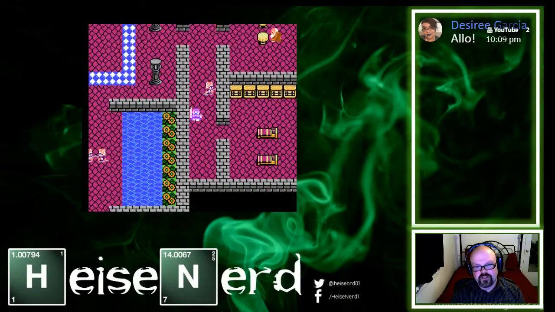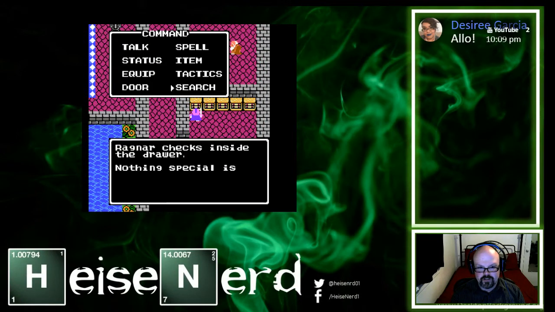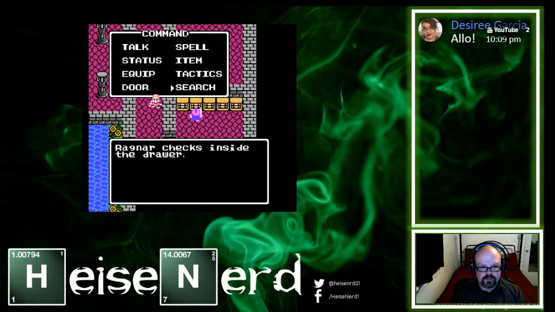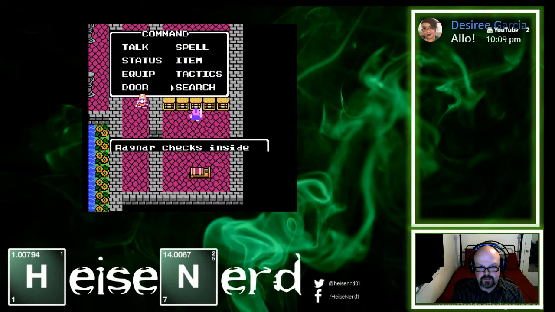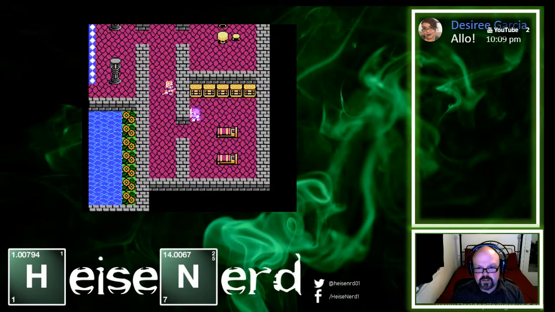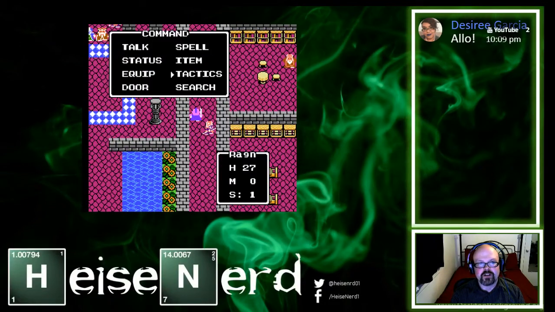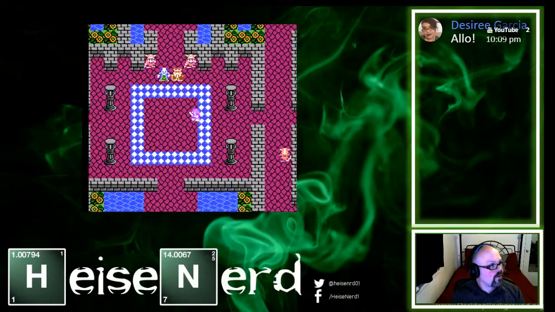Like, if you're trying to look inside these chests, you have to actually go into the menu, choose search. I'm only doing this because I'm pretty sure that there's a medical herb inside of one of these. I'm gonna be kind of upset if I'm wrong. There we go. Alright, and I have like no money, right? You have like 50 gold. So